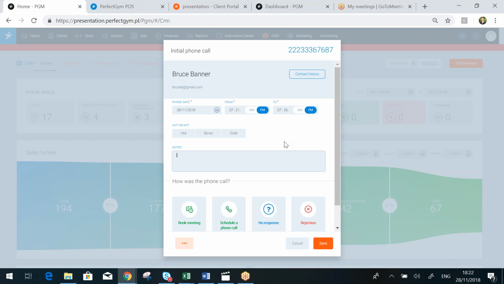And so note-taking is going to be important to that because it's going to reflect on our journey as salespeople, how we're going to take them through the offering and really put their mind at ease that they're joining the right facility. So let's just say Bruce is a former rugby player, used to go to